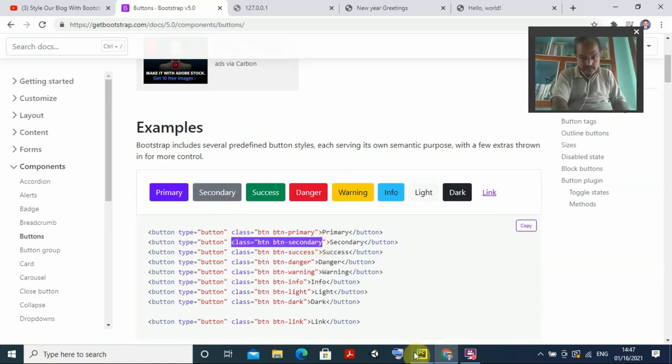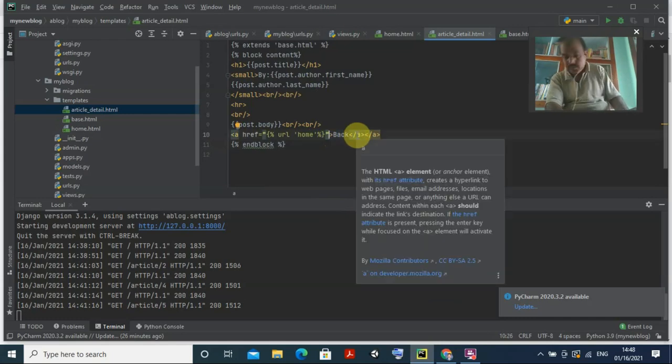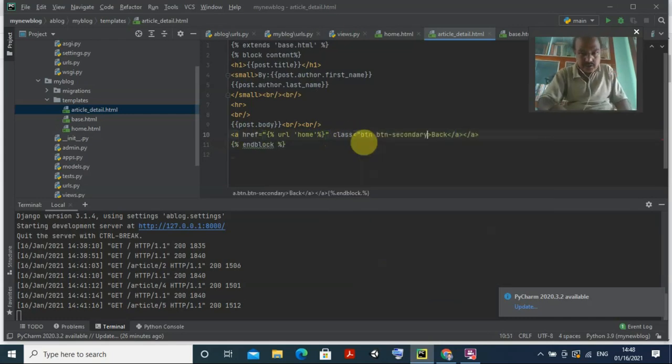Then we come back to our coding here, where we created all the things. If you check it here, this is the article reference, all the things are there, up to this. Just after this, before this thing, you just put it and Control V. So class is equal to btn container and secondary, all the things are there. So class is equal to btn, up to secondary. You have to put the double quotation here also. All right, so now this is the back button and all things.